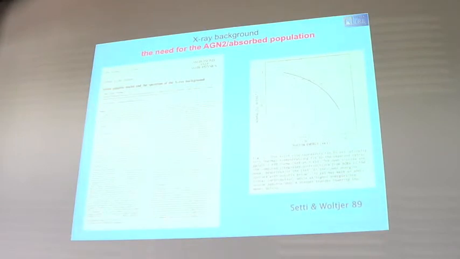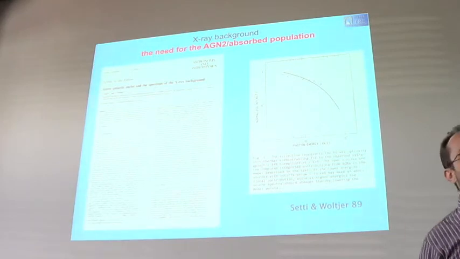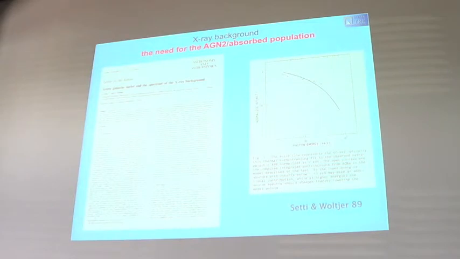Moreover, from the hard X-ray telescope, although the PSF was very large, it was not possible to identify the object. We already knew that there was a very hard X-ray background, but which was quite flat, too flat to be reproduced only with type 1 AGNs. So the idea was there is a very hot plasma doing a Bremsstrahlung emission that reproduces the X-ray background, or, and was the first paper of that, there is a second population, a large population of type 2 AGNs which are absorbed with a hard X-ray spectrum that is able, combined with type 1 AGNs, to reproduce the whole X-ray